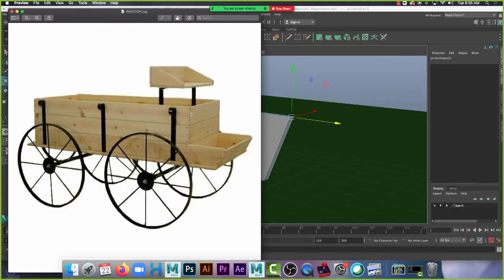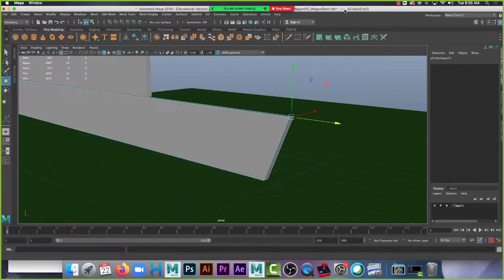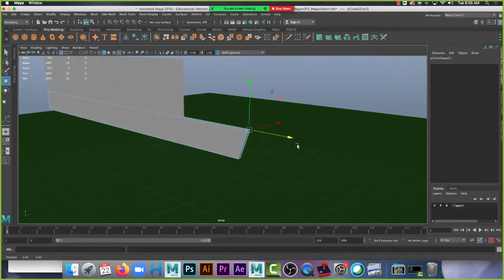All right. So that is three planks. Two of them just duplicated straight up. The third one just duplicated down and tweaked a little bit. Great. That is the left side of our chassis. So let's get this duplicated over to the other side. So just like with our good friend the training wheels rig,